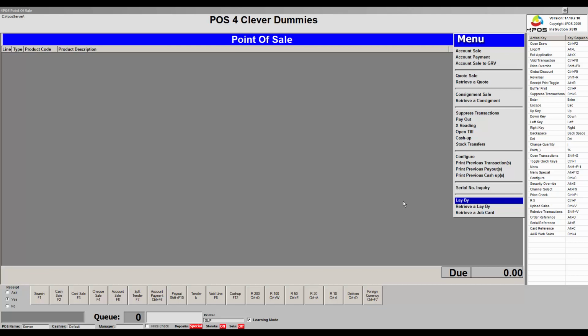Again, we all understand how some customers try to abuse the system. They will buy one today, and tomorrow they'll bring the very old one back and want to credit or return it. There's also lay-bys on the system. Lay-bys I'll make a separate video altogether. So you can do a lay-by sale, retrieve the lay-by, and then also we have a job card option in